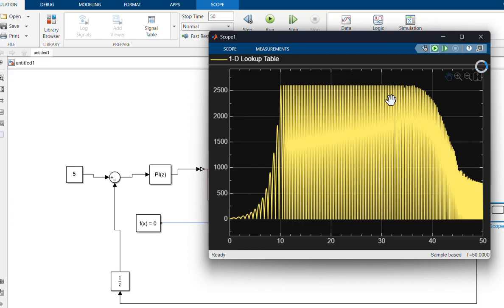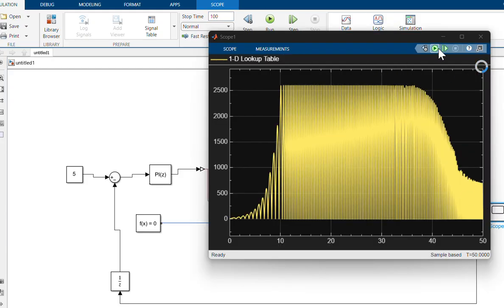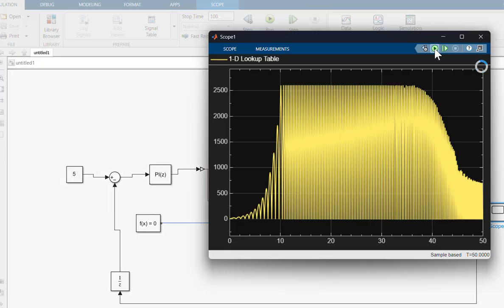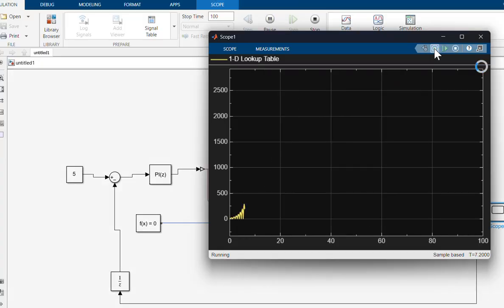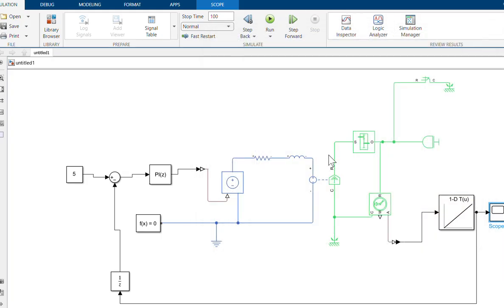Maybe we again look at the end of time. Maybe it's 100 seconds. Scope. Run again. Okay, it goes anywhere else. We should adjust the integral value again.